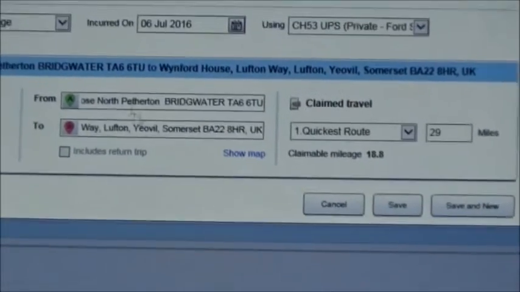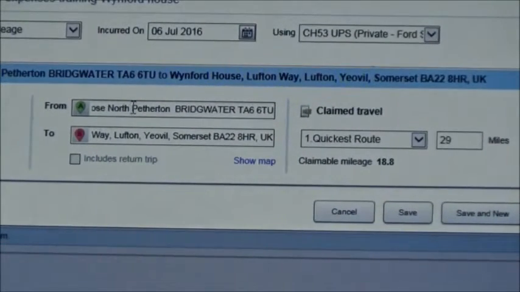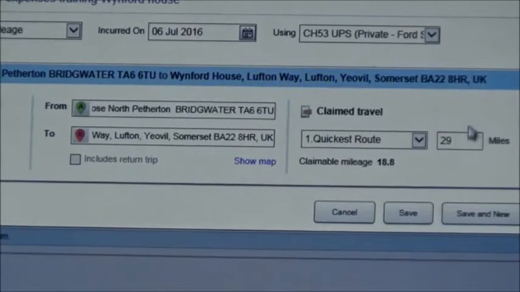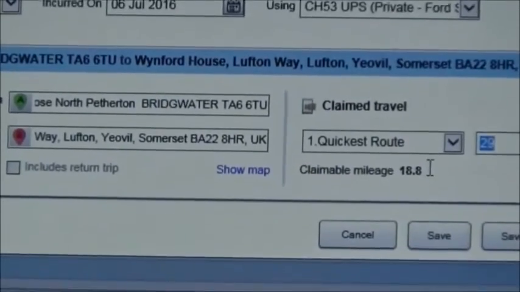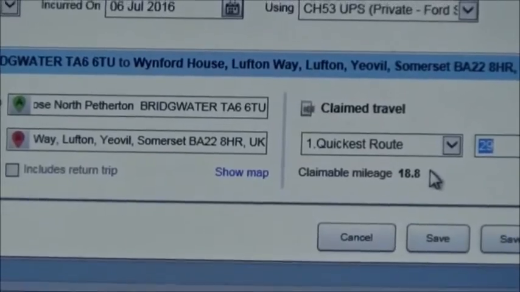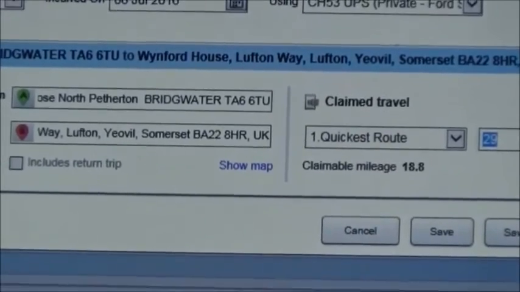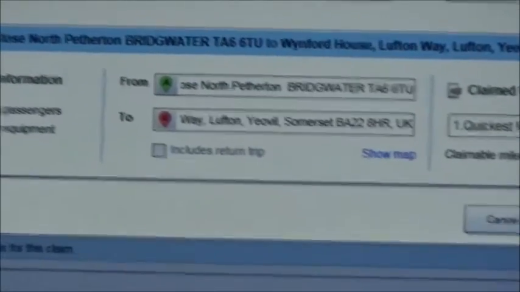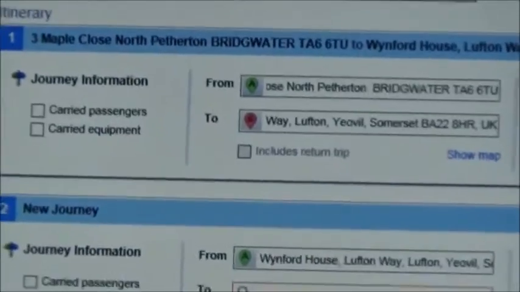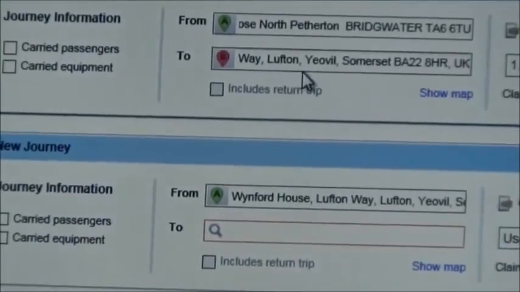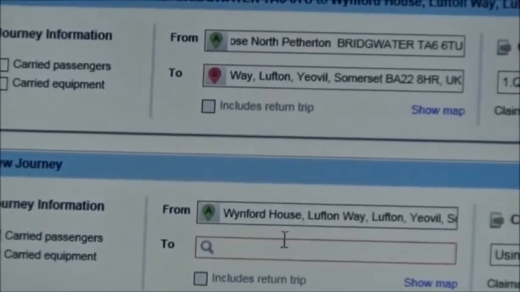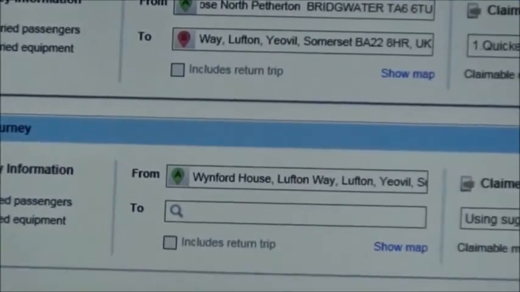Okay, I haven't finished my journey yet because I've gone from home to Yeovil. I'm claiming 29 miles. What it's trying to do, because it thinks, well, okay, it will not calculate your mileage until you've finished your trip, i.e. you've finished at home or base. So what I would do, I add another trip. It then generates my to location to be my from. So I finished at Yeovil initially, and now starting back at Yeovil,